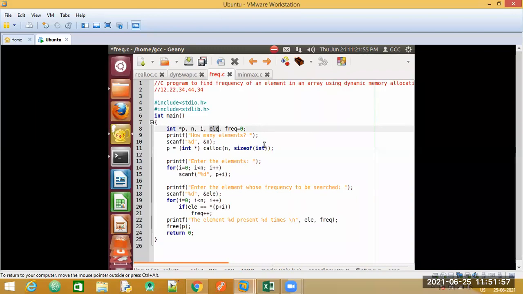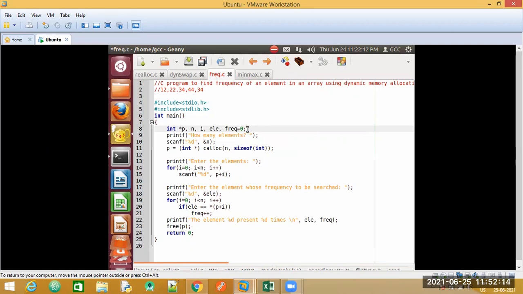So this is the element. I have taken this particular variable to ask the user which element do you want to check for repetition. So that is the element. Then frequency, I have initialized it to 0. Why have I initialized it to 0?